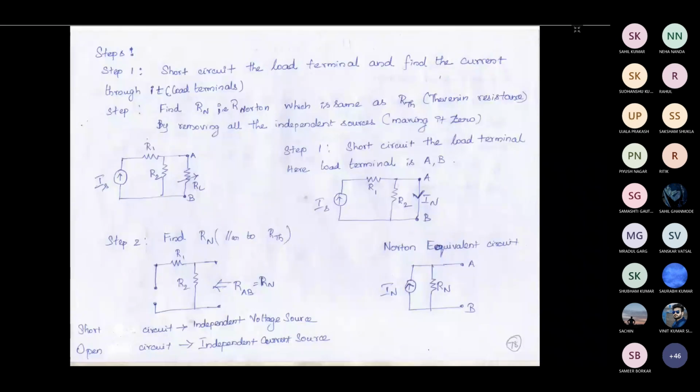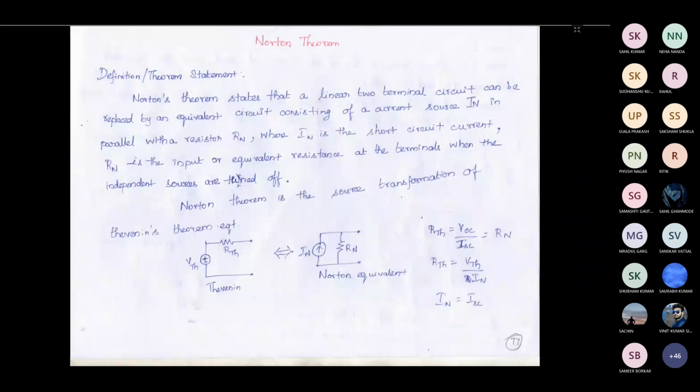So the second theorem is Norton theorem. The Thevenin theorem and Norton theorem are almost the same. There is not much difference. The only different thing is the final circuit, whichever you found for Thevenin, that can be redrawn like this if you are using a source transformation. In Thevenin theorem, we found the open circuit voltage across the load, whereas in Norton theorem, we are going to find the short circuit current through the load terminals.